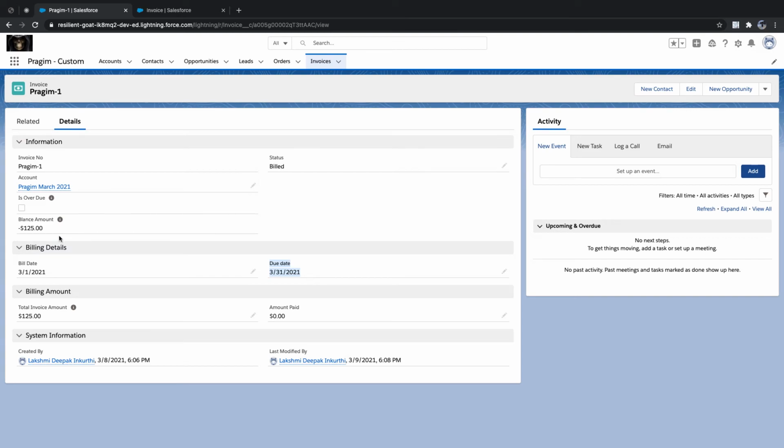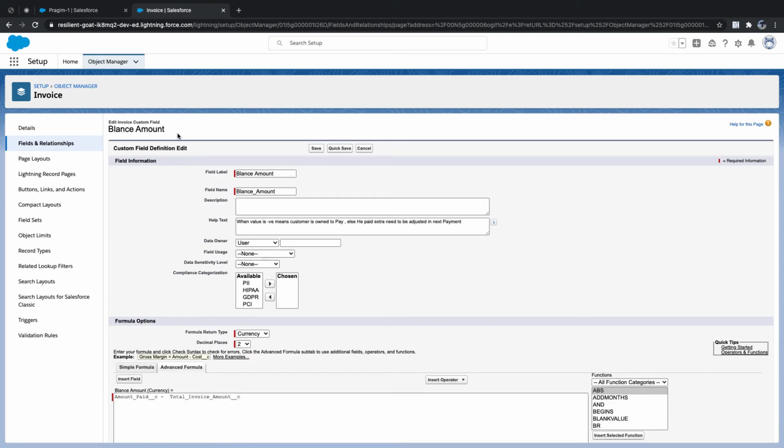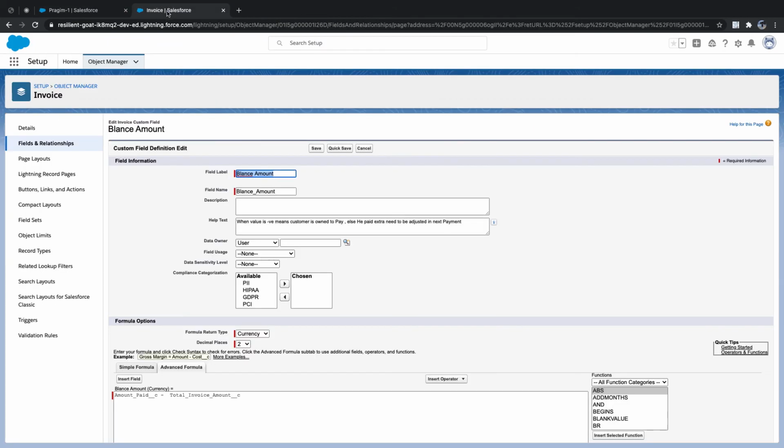So now in this case, we need to check the due date is less than. So we need to add an extra condition. Let's say where is my due date balance amount, I'll edit it. I'll add one more condition. What condition do I need to add? Whether my due date has already crossed, then only display it.